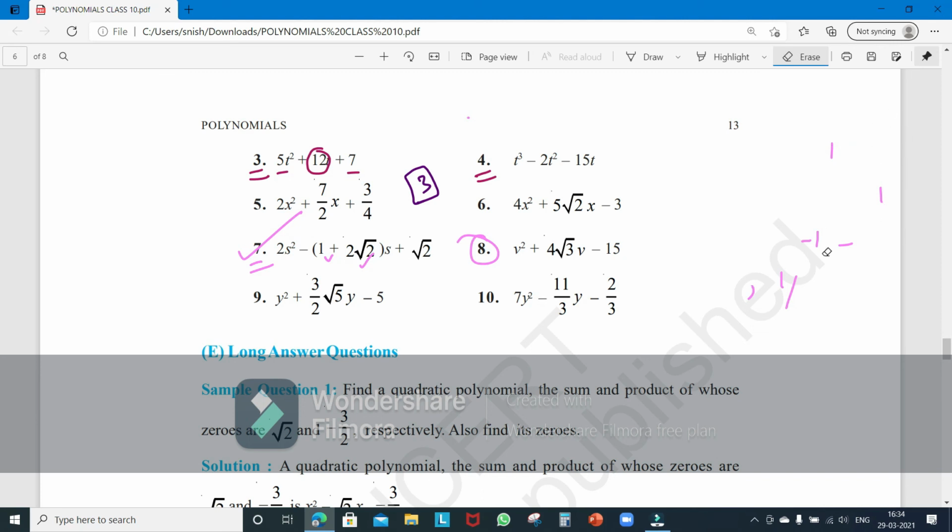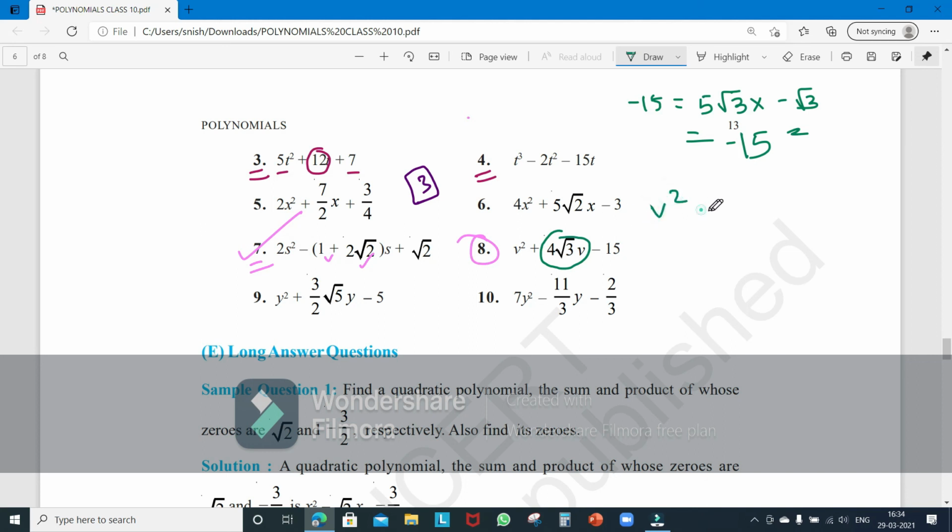v squared plus 4 root 3 v minus 15. We have to solve this equation. Okay, so how do we do this? Now we have minus 15. If you have solved many questions like this, it will quickly flash that negative 15 can be written as 5 root 3 into negative root 3. How? Root 3 into root 3 is 3, 5 threes are 15, into negative 1 you'll get negative 15. Okay, so using this and relating it to this term, we have to do it.